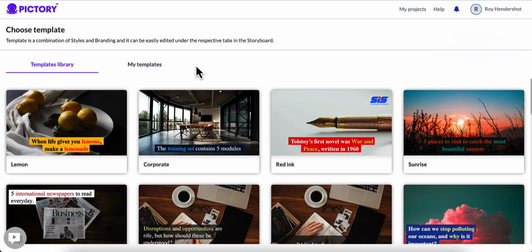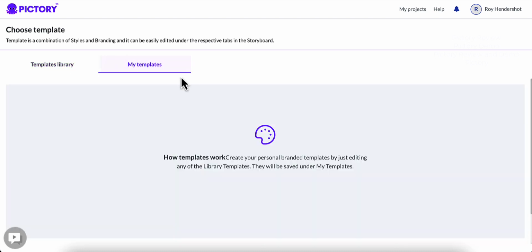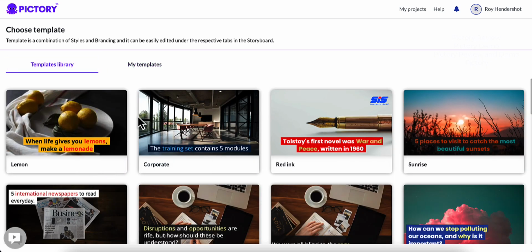Basically, a template is a style, and it's the style that your text is going to show up in the video. Like this one here on the top left is going to give you a yellow background with black text, and if it highlights anything, that highlight is going to be in red.